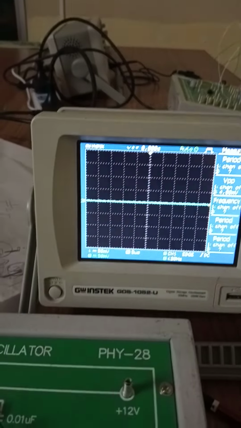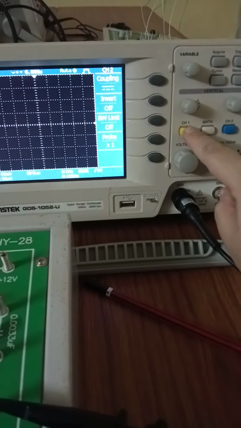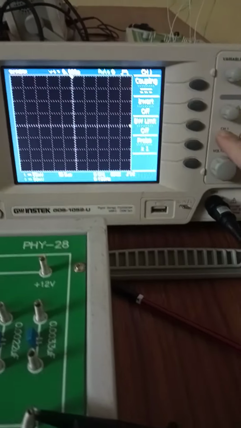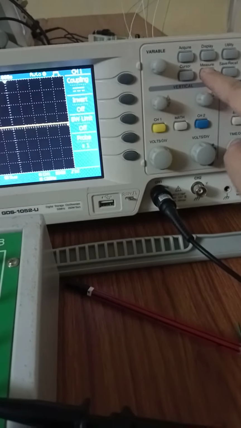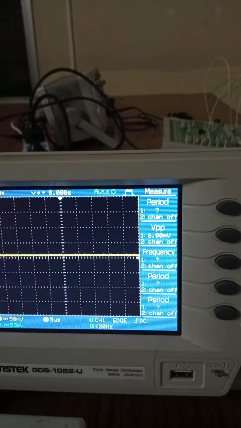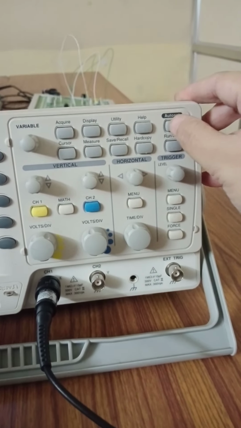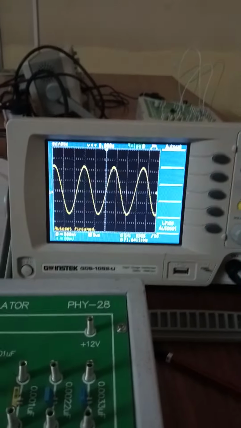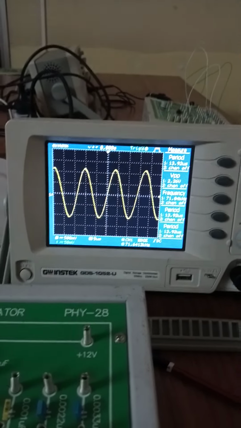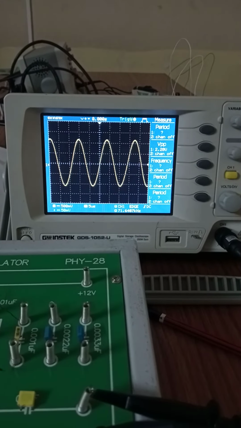It is on channel 1. I want channel 1, so I will open channel 1 by pressing this. Then I will press measure and I will get the different readings. Now I will switch on the kit. This is the auto adjust part. Automatically the waveform will be adjusted. Now it is adjusted. We got the output in the form of a sine wave.